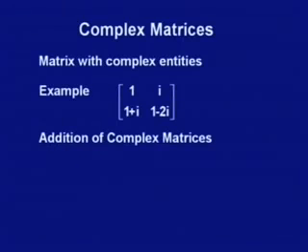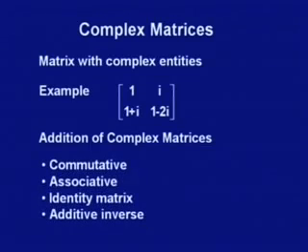So this is a matrix having complex entries, so it is a complex matrix. Now we have established a number of results for real matrices. Similar results can be obtained for complex matrices. We can add two complex matrices, and one can prove on the same lines that addition of complex matrices is commutative, and the proof is not difficult because real numbers are commutative. So every element of a real matrix is commutative. Same thing happens with complex matrices, since complex numbers are commutative in nature, and so are complex matrices.